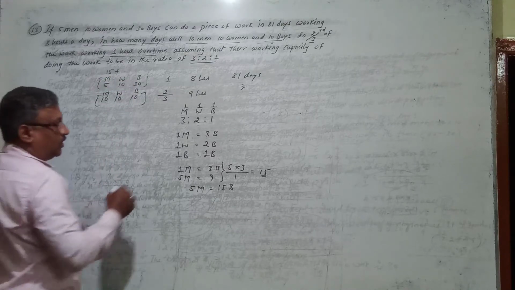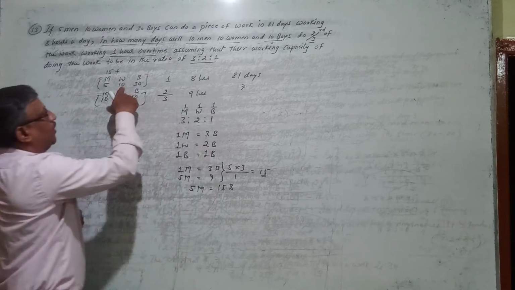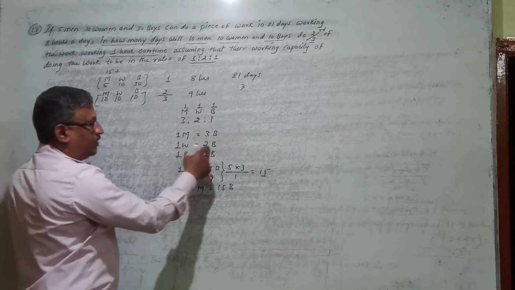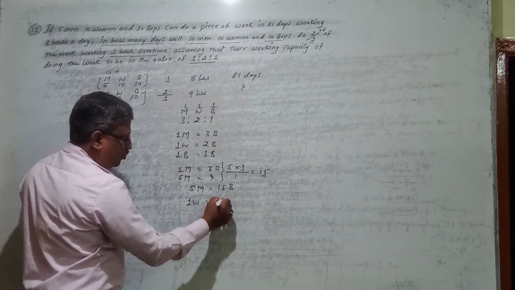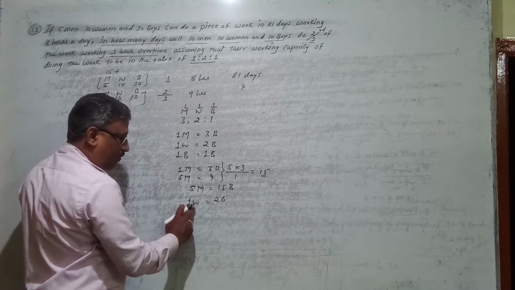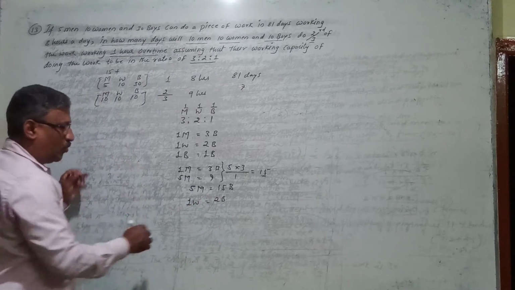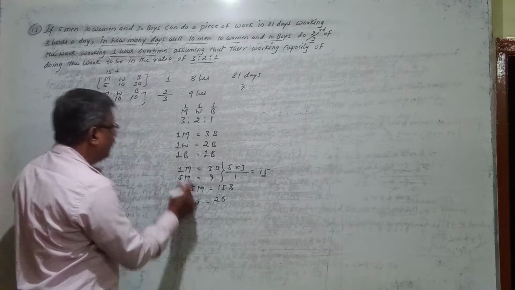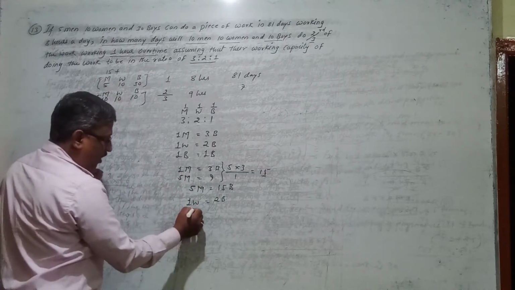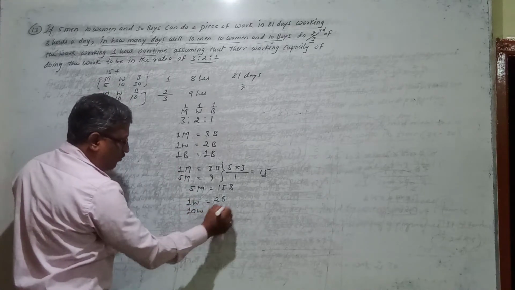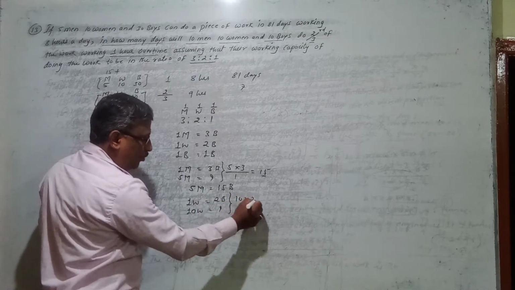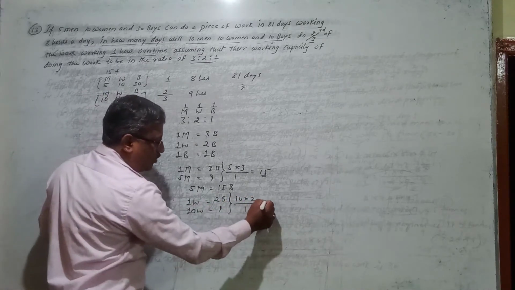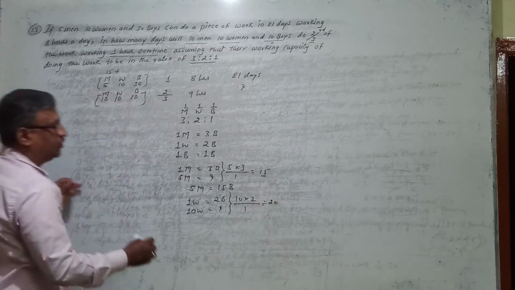Like that you have to find out the capacity of 10 women in form of boys. Because we know 1 woman is equal to how many boys? It is 2 boys. Means if you don't want to employ 1 woman, in that place you have to put 2 boys. So in place of 10 women, how many boys you have to employ? So 10 into 2, divided by 1. So how many is it? 20 boys you have to employ.